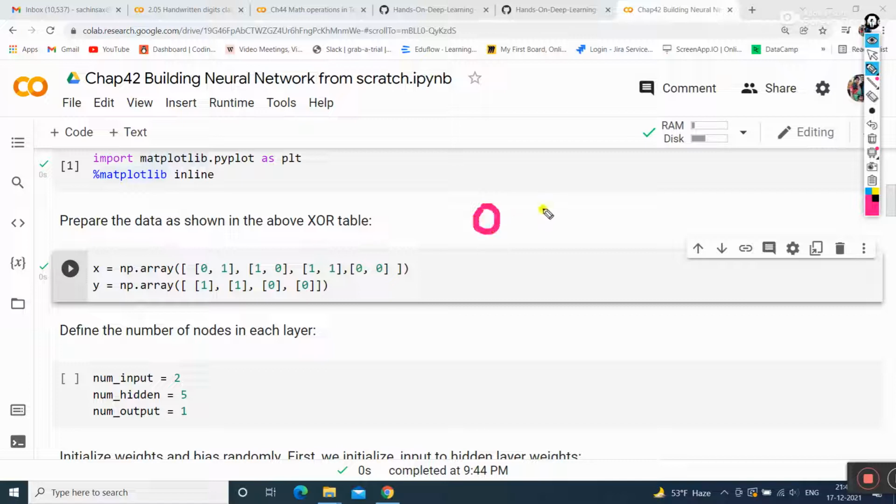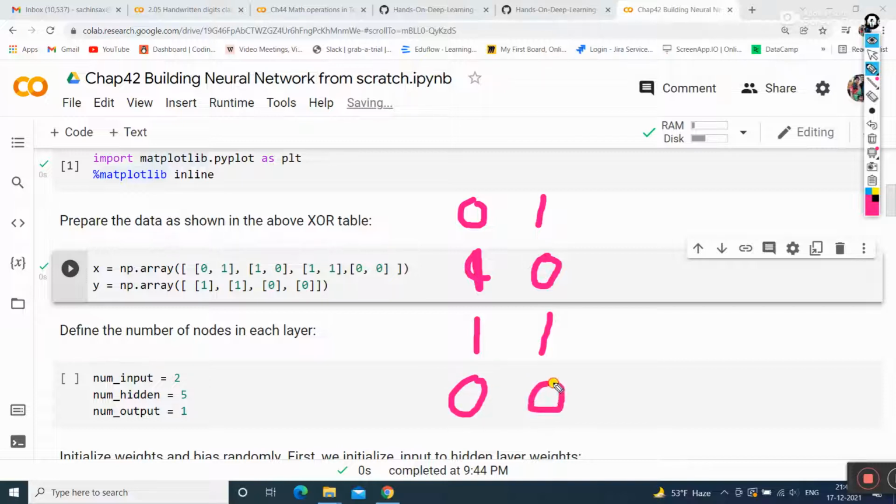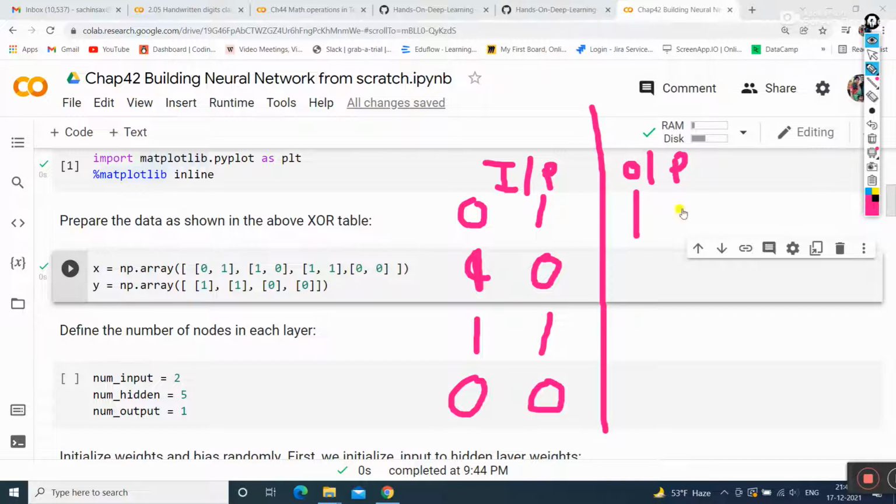So I had the table. Alright, again I'll write this code according to this. Okay, so here I'm having 0 1, then 1 0, then 1 1, then 0 0. So with respect to these I will have the output, so I will have the input over there, and this is the output there. Alright, so I am going to define that over there. So this is the one output,